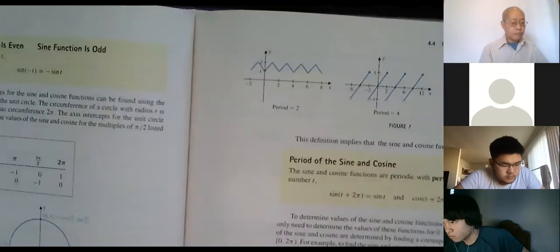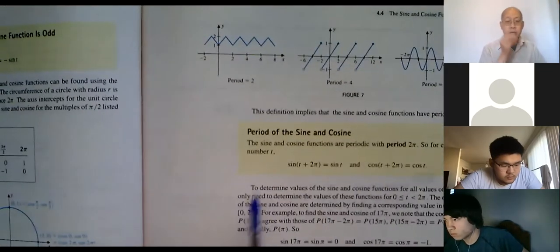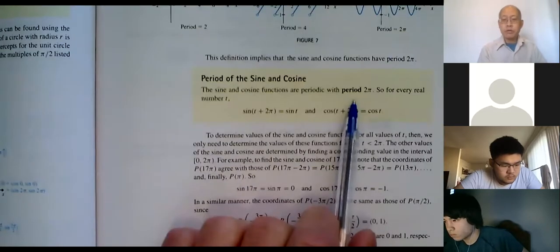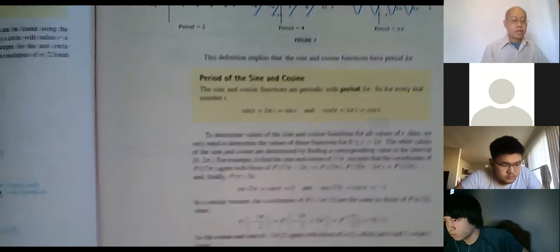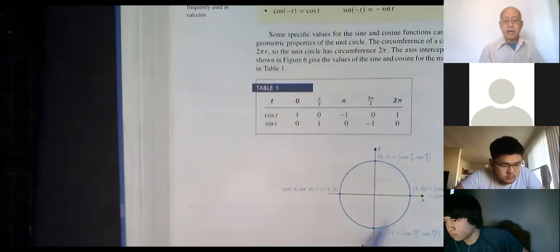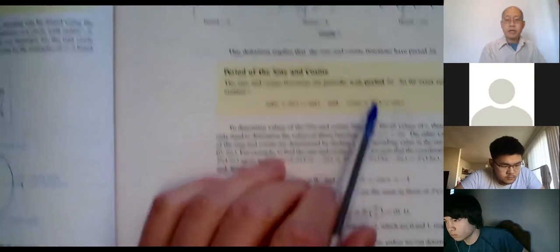All right, then properties of sine and cosine. The periods for both of them were 2 pi, you might recall, because if I go around a circle once, that's 2 pi, and then it just starts repeating itself. Right? So both sine and cosine have a period of 2 pi.